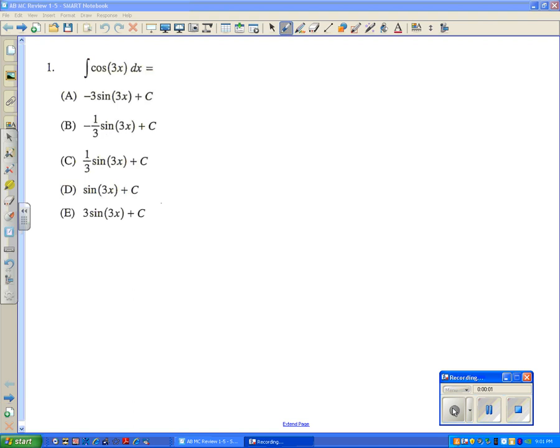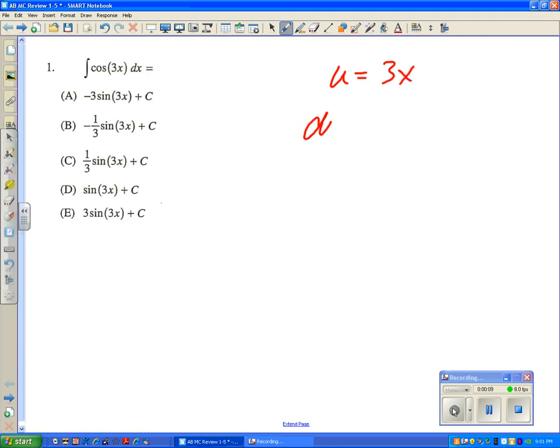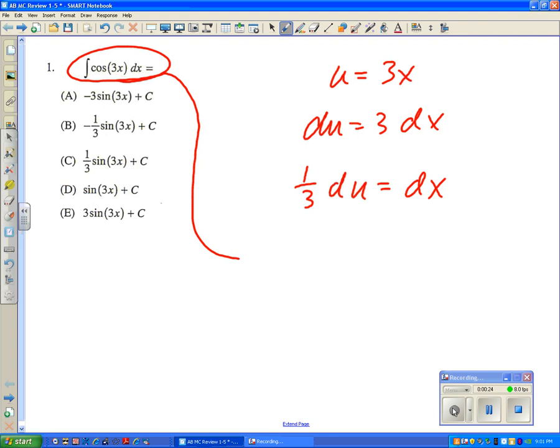Problem, this integration, the method we would use would be substitution. We'd allow u to equal 3x, and of course du would be 3dx. And since we don't have 3dx, we'd multiply through by 1/3 to get dx by itself, suggesting now that we can write this problem in a new form, 1/3 du in place of dx, and not the cosine of 3x,